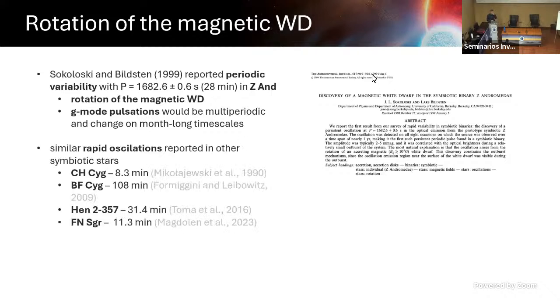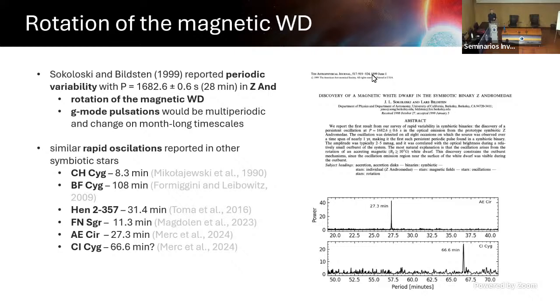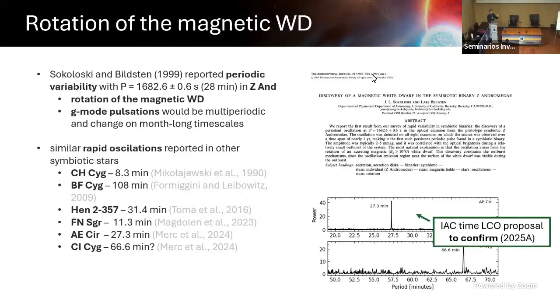Since then, there were a few other systems with similar periods detected. We added, as a really side product of our work, 2 more. Because if you are studying TESS data, you will see periodic variability on those timescales. So here are the periodograms. With this first one, I am pretty sure that this variability is connected with that object, but we would like to confirm that. So we submitted a proposal for IAC time to confirm it, and it's accepted. So we will see soon if this is really variability connected with the correct object because of the TESS